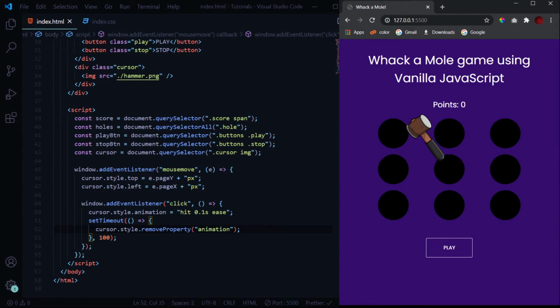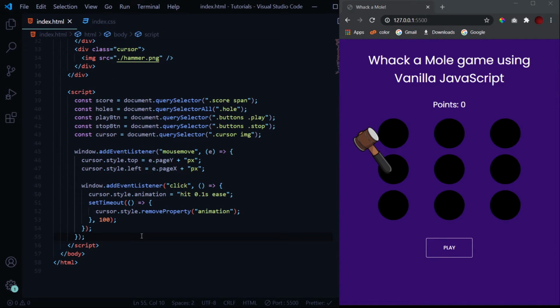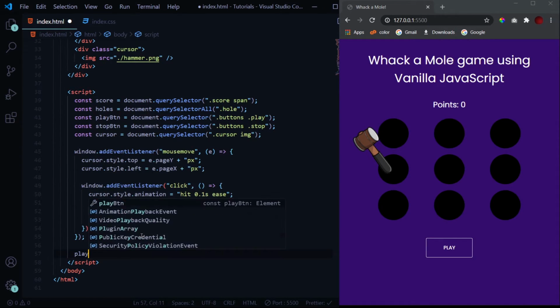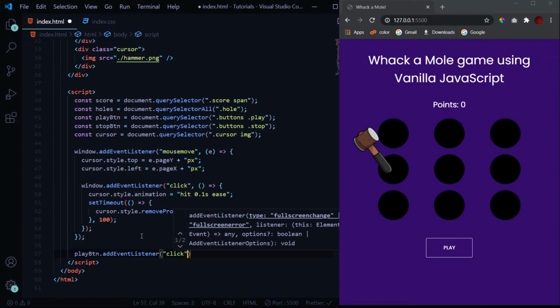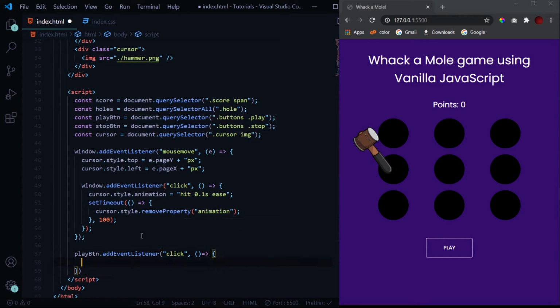So our first segment of this project is completed. Now let's move to the next segment. To begin with the second segment of the JavaScript part, it should start when we click on the play button. So playButton.addEventListener, click, and the first thing we want to do is hide this play button and display the stop button.